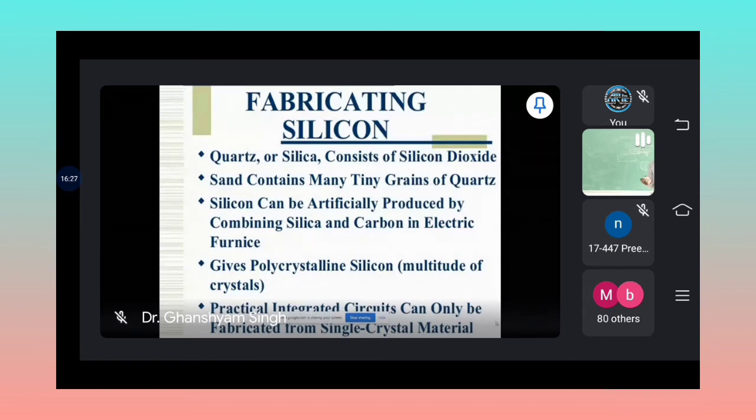The chemical mechanical polishing process. You have seen this apparatus: polishing head, polishing plate, wafers, then abrasive cloths. Now photolithography. Photolithography is the technique that is used to define the shape, or you can say, generate the pattern.